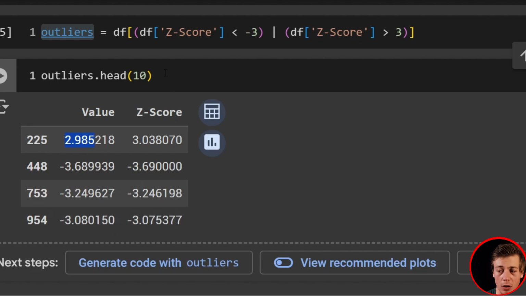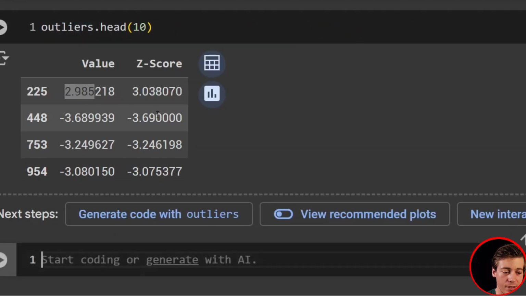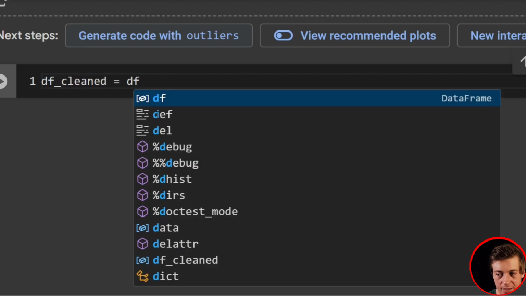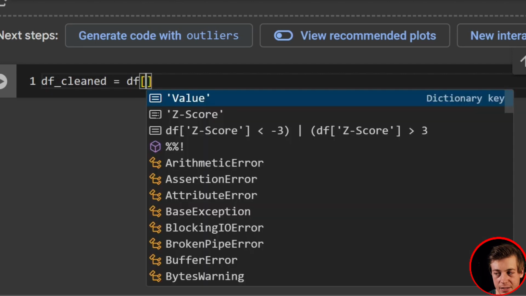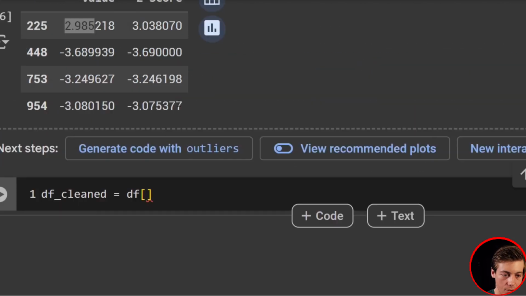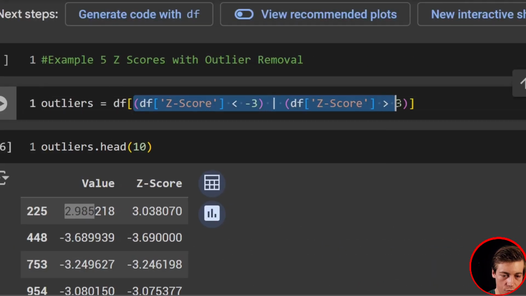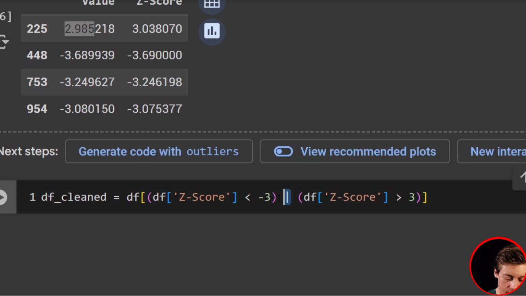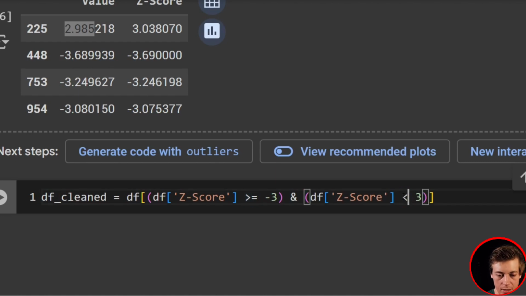So let's say we want to clean up our data frame now and get rid of these outliers. So what I can say is df_cleaned equals df, and inside over here just pass in essentially what we had over here, right? So let's just grab this. We're going to put an and sign, and we're going to change this. So we're going to make this the opposite. So this has to be greater than or equal to -3, and then it has to be less than or equal to 3,